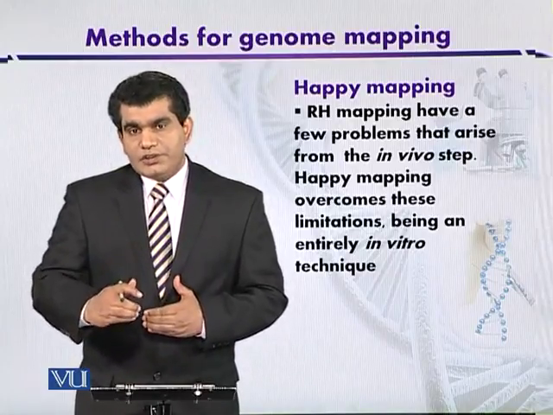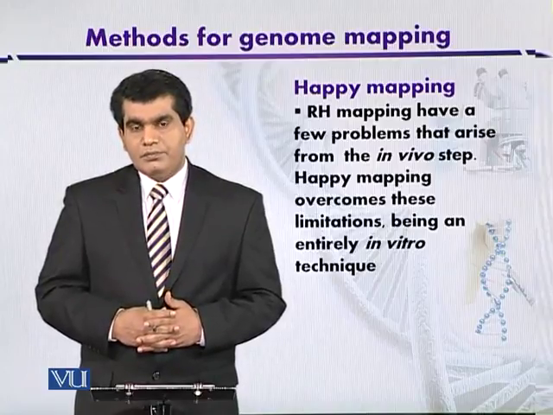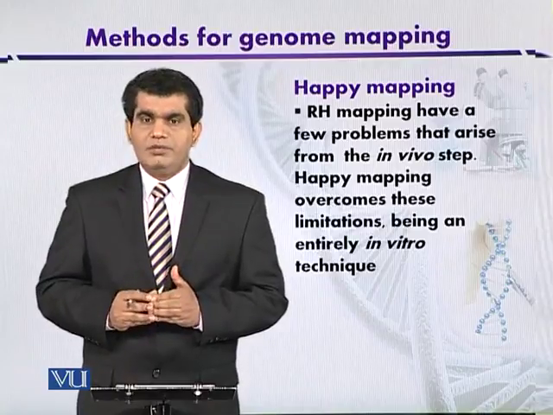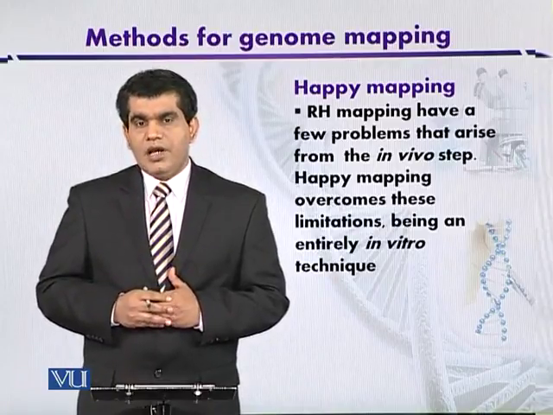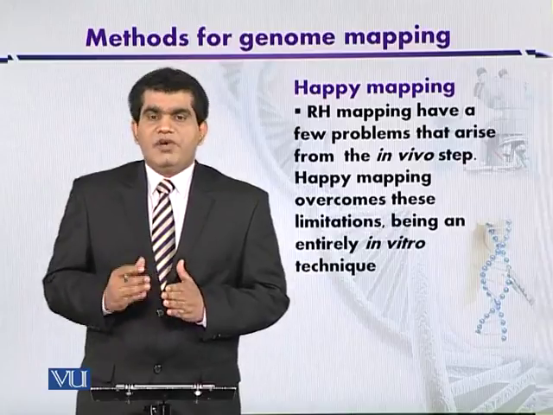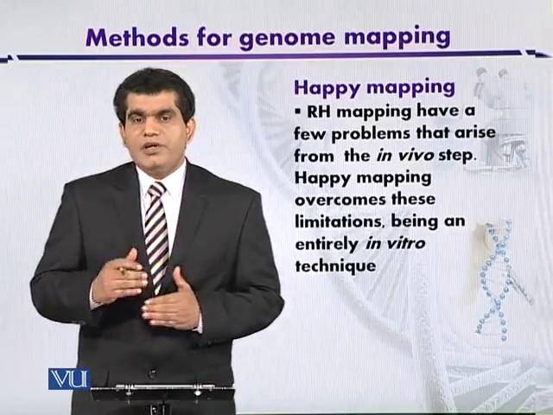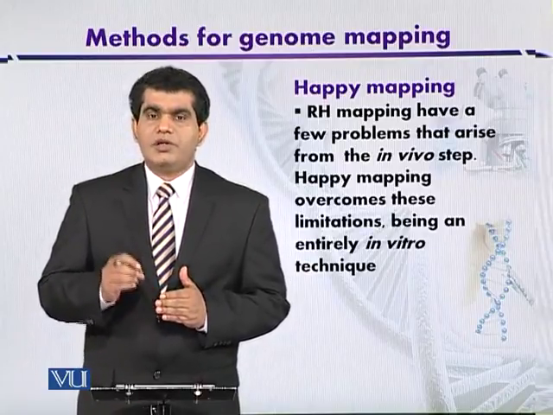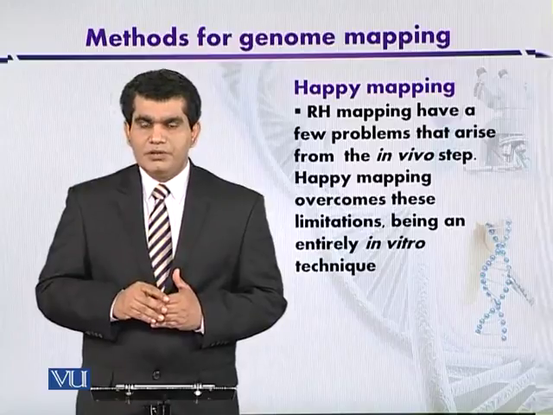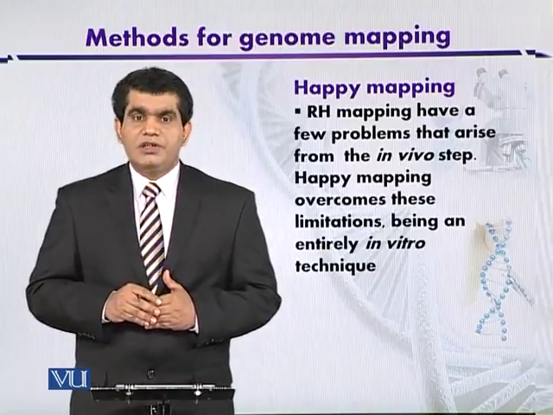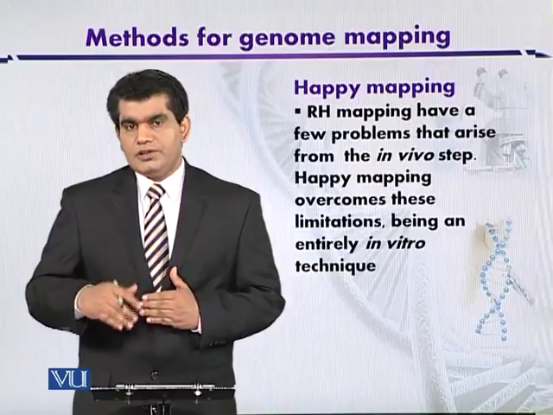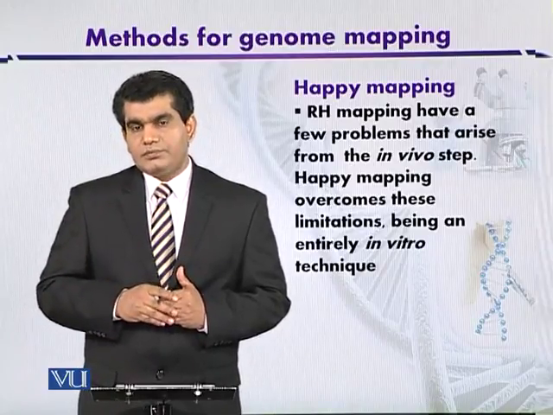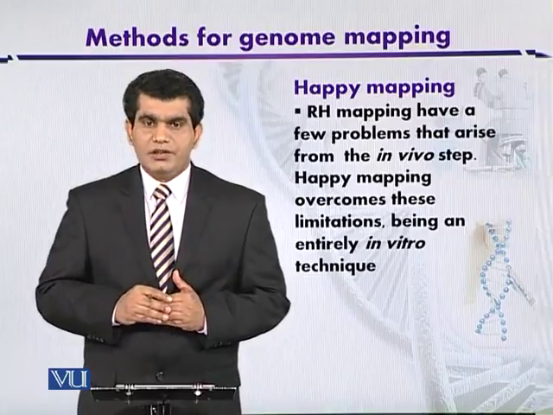Now how can we proceed for happy mapping? The DNA fragments or the genomic DNA that we want to map must be isolated, and it is prevented from fragmentation during the process of isolation. For example, we directly load cells onto an agarose gel, and then we treat the cells with certain chemical reagents like proteases or detergents that can cause lysis of the cell